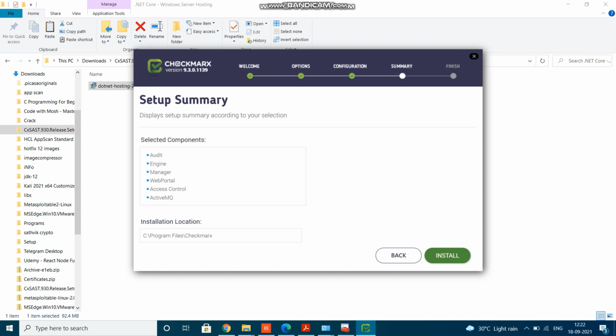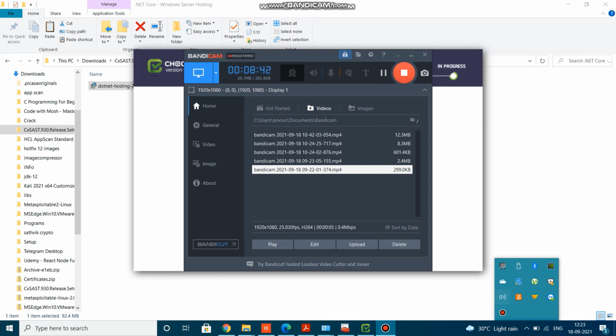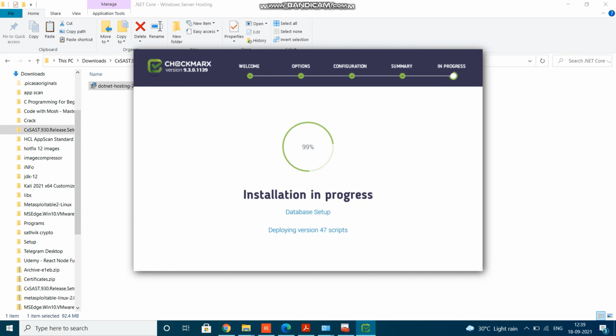And click on install. It will take time, depending on the system and the hardware. It can take 30 minutes, 40 minutes, even 1 hour. So you need to wait. Sometimes it won't succeed, and at that time you need to uninstall it and reinstall it again.